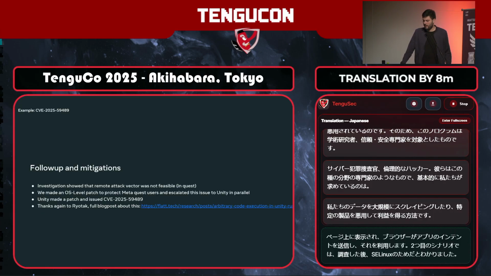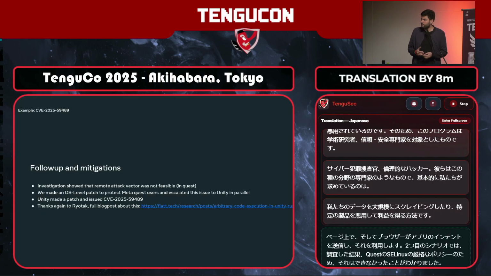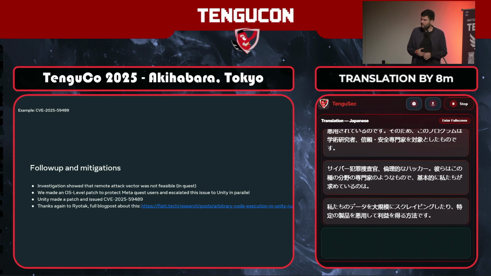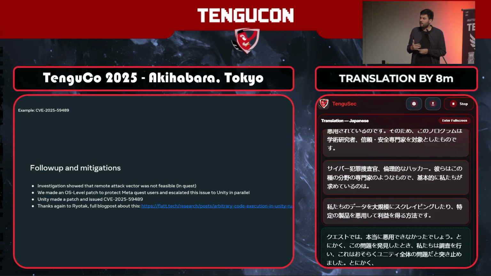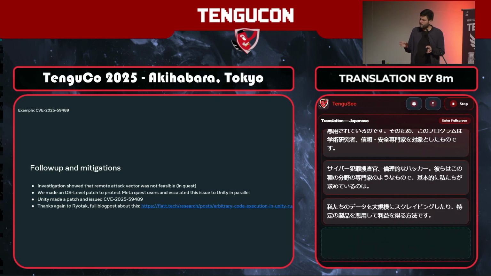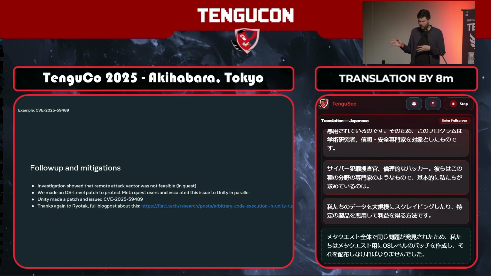Anyway, when we discovered this issue, we investigated, and we found out it was likely an issue with Unity as a whole. Because it was an issue found for all Meta Quest as well, we had to make an OS level patch for Meta Quest that we distributed, and that gave time for Unity to create a patch to patch all